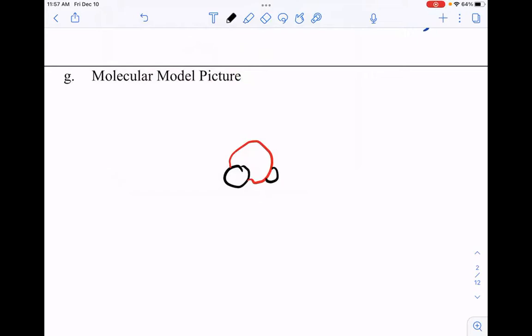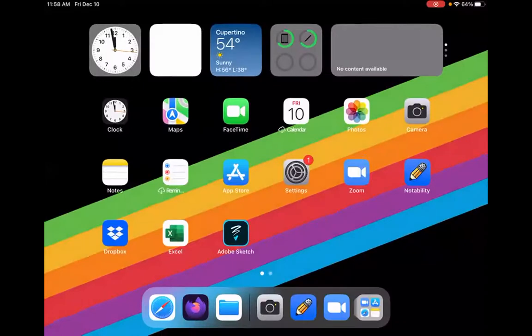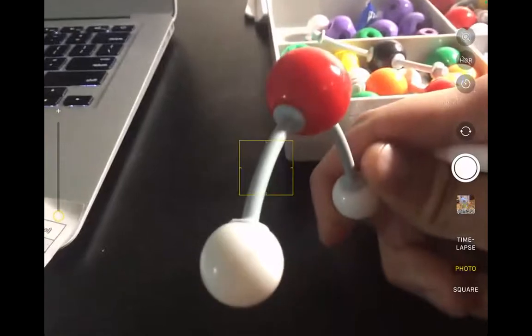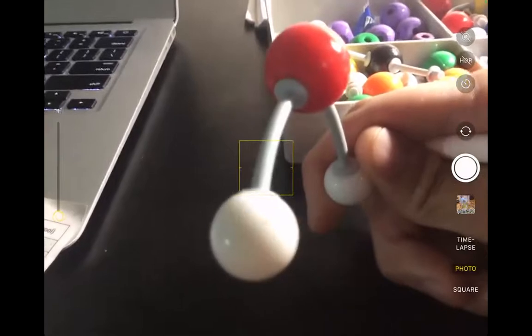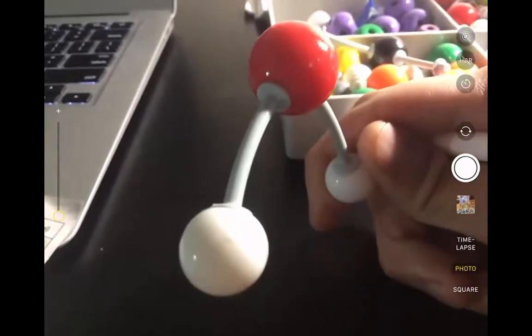Okay. I know that the perspective, so you guys don't need to draw, you guys just need to take a picture of this. But basically, this hydrogen is in front of the central carbon, and then this other hydrogen is behind. And so the perspective that I'm going to take a picture of, if you will, is going to be this. Okay, so this is what I'm basically trying to depict. Okay. And so if this is the picture that I'm going to take for water,